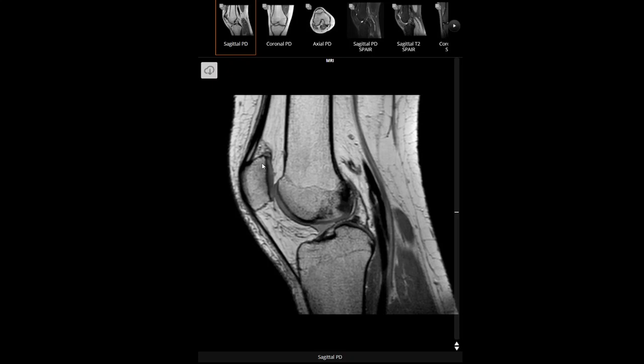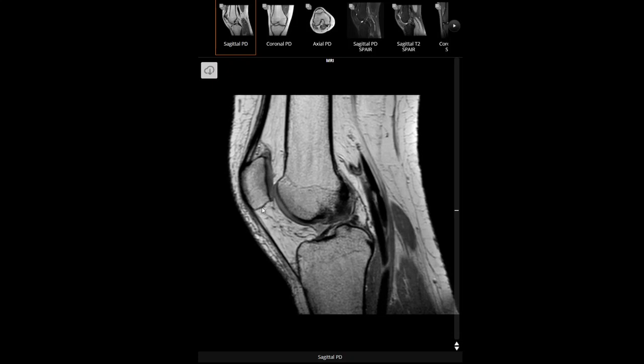You can also see what should be this part. You should know this is the bony part lying in front of the lower end of the femur. So this is the patella, and this is hypointense. Now, just like in X-rays we use the terms radiolucent and radio-opaque, in case of MRI we use the terms hypointense and hyperintense.